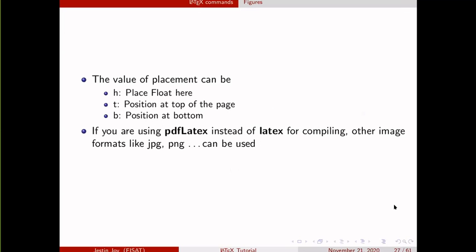So here also you can give the position. H means place here. T means top of the page. B means position at the bottom. That optional parameter is similar to what we have seen in the case of table. And if you are using